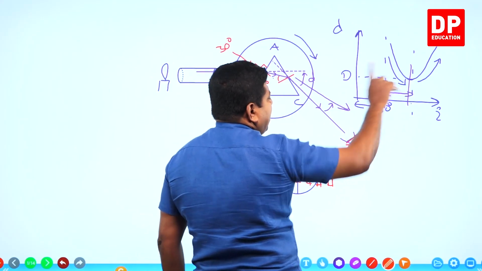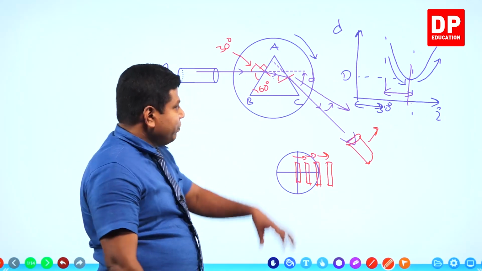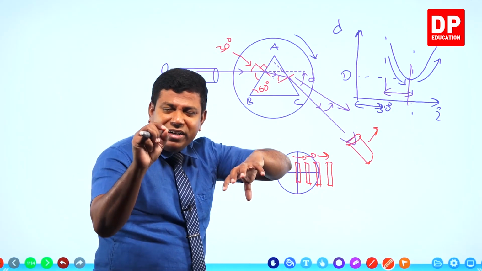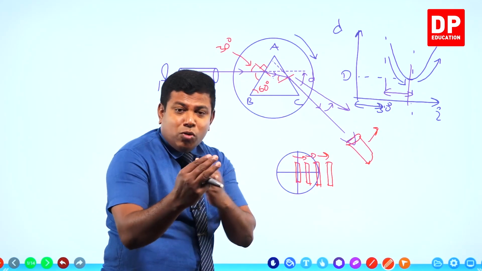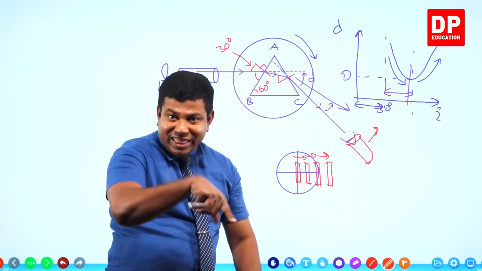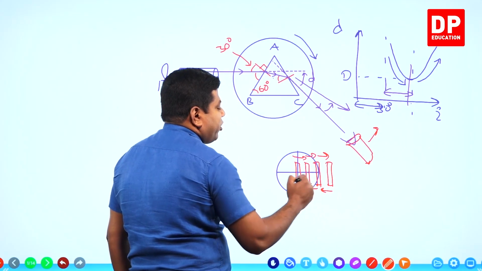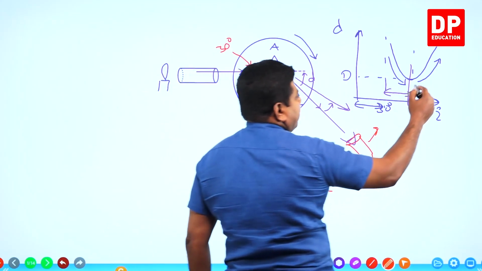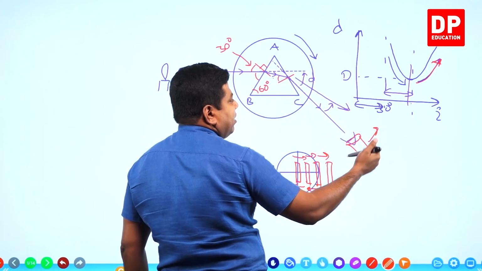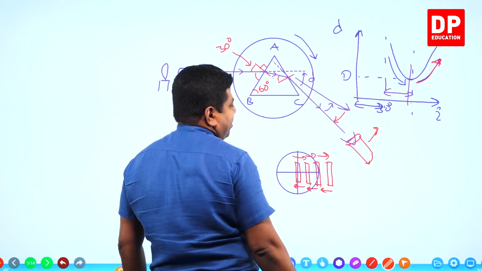Once it reaches the minimum point, when you rotate the table further, for a moment it doesn't move to any side. It just remains at the same position, and then it will start moving back. That means it will start moving to my left. Why? In this part of the graph, the deviation has to increase. Then this line would again start moving to my left.